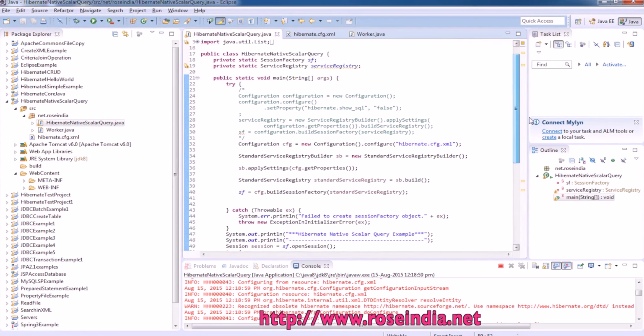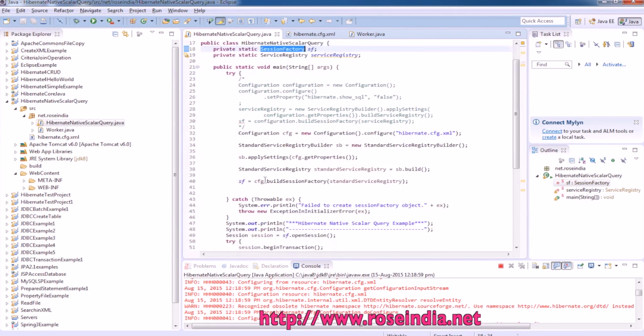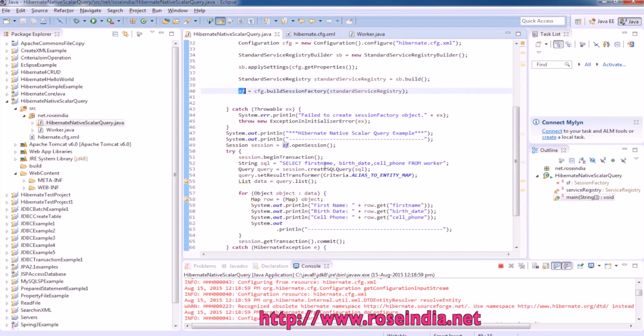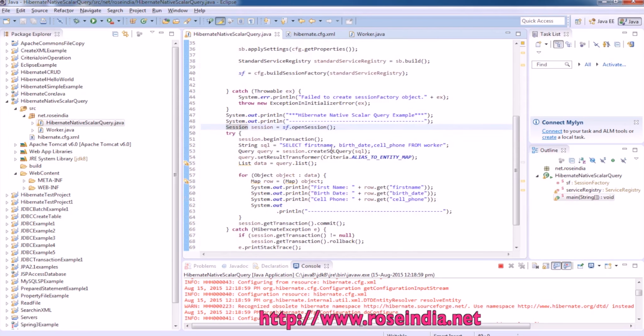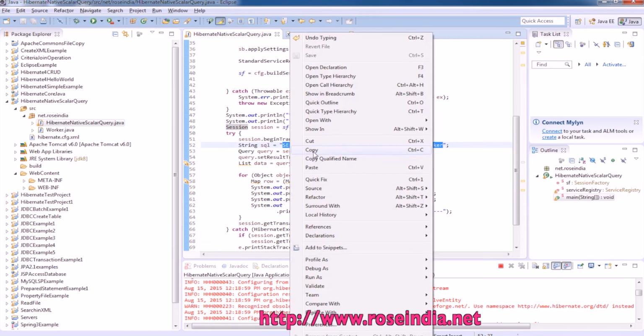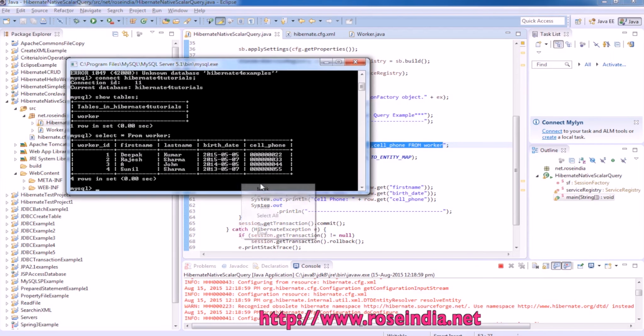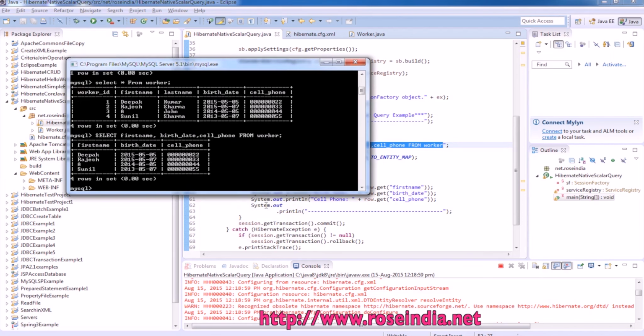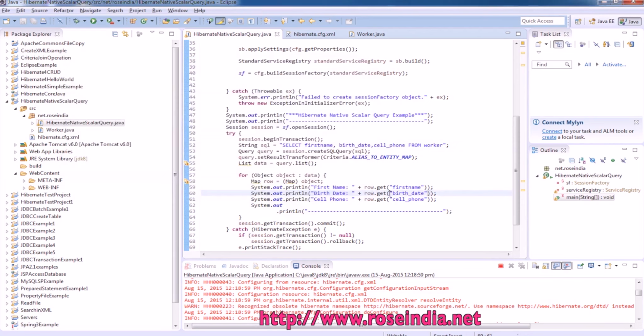First we are creating the session factory here through this code and finally getting the session factory. Then we are opening the session object by calling open session on the session factory, then creating a query, select first name, birth date, cell phone from the worker table. So it is returning the data. So this is our native query, and session.create